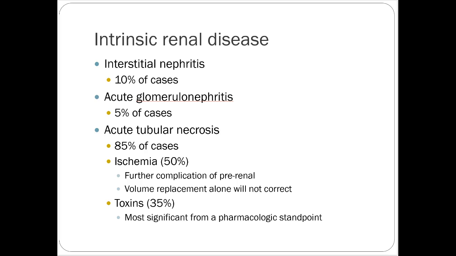Intrinsic renal disease. So you have interstitial nephritis, acute glomerulo... I can never say that. Nephritis, and acute tubular necrosis. Acute tubular necrosis is the most common intrinsic form. And you usually see it with toxins is probably the one I'm most common with. So this is going to be some sort of a drug causing damage to the kidneys. And I think of the big ones being